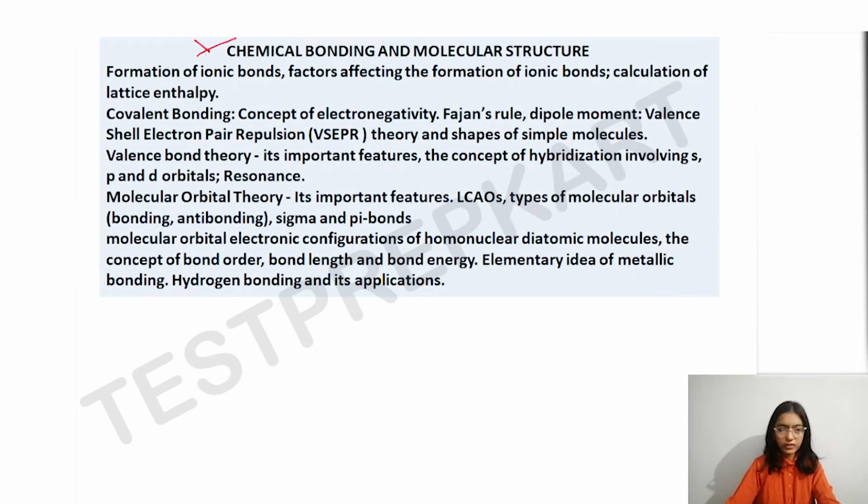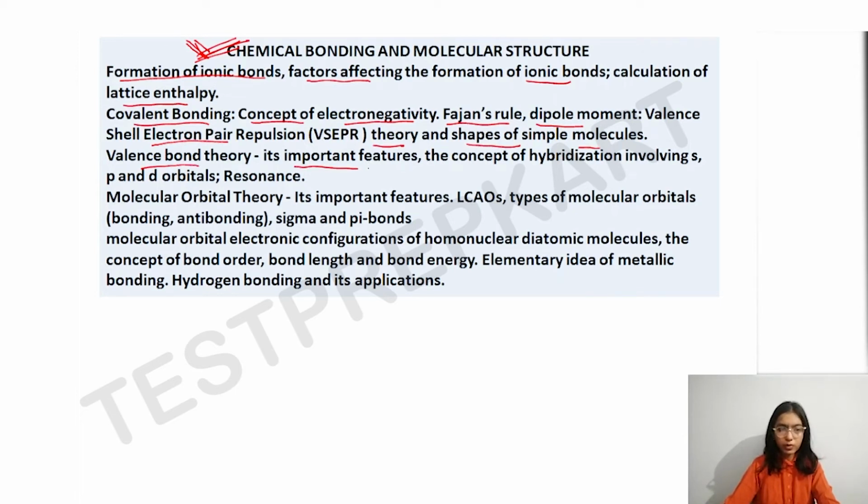Chemical bonding is an important chapter in physical chemistry. In this, we have formation of ionic bonds, factors affecting the formation of ionic bonds, calculation of lattice enthalpy, covalent bonding, concept of electronegativity, Fajan's rule, dipole moment, valence shell electron pair repulsion theory, shapes of simple molecules, valence bond theory, its important features,